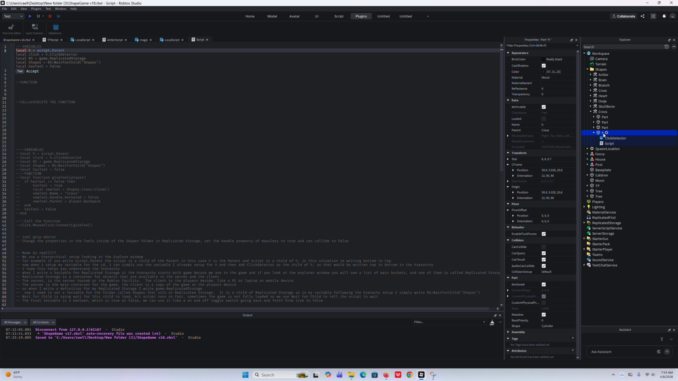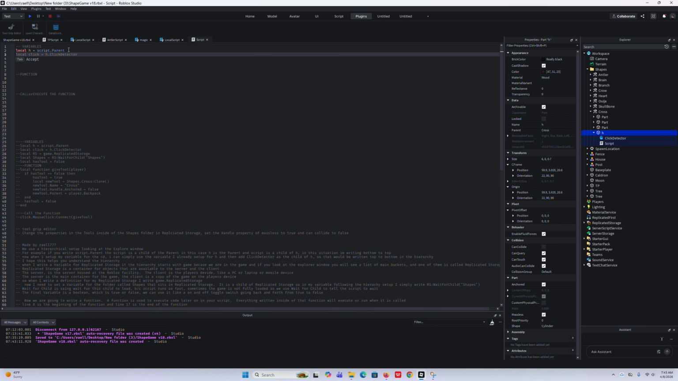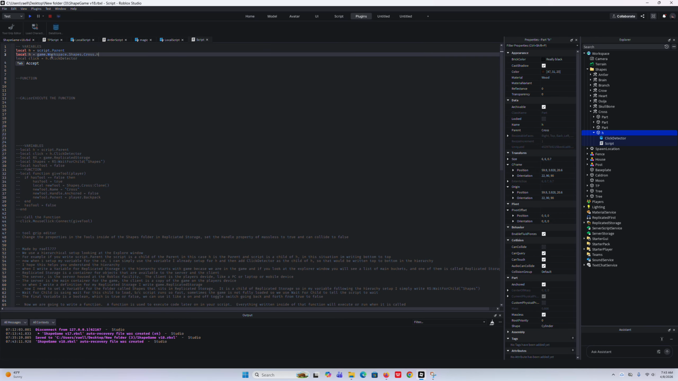You don't have to say the word H. If you're going to write it using the H, you have to go from the top to bottom format. So there are two ways I could write this variable. I can do script.parent, but I could also say local h equals game.workspace.shapes.cross.h, following the full hierarchy